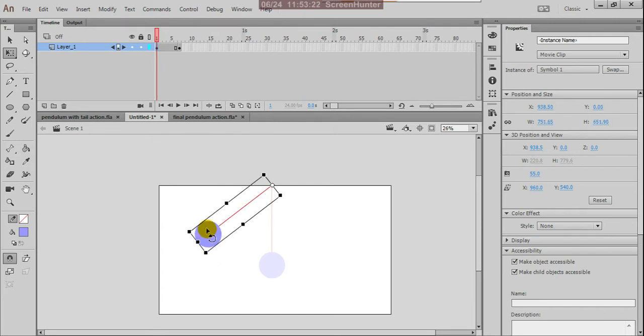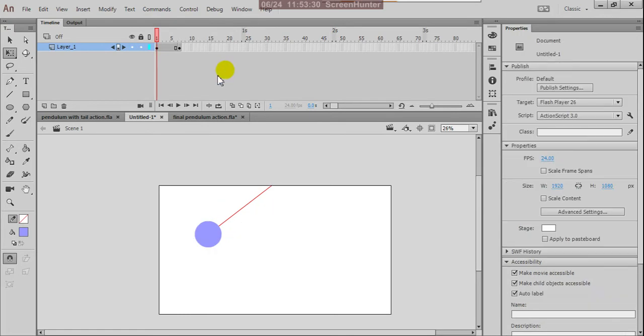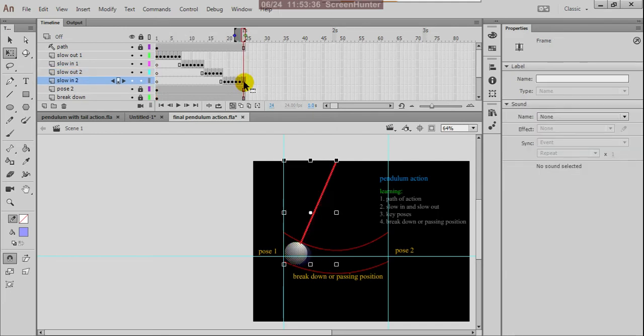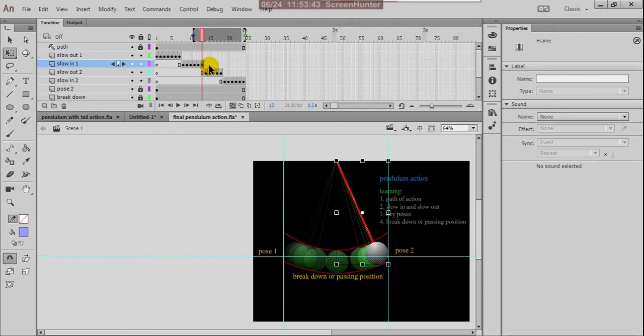This is, okay, and then I'm creating another key pose. Okay, another key pose at 13th.